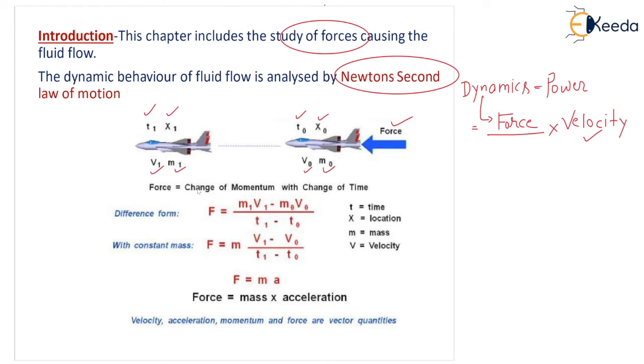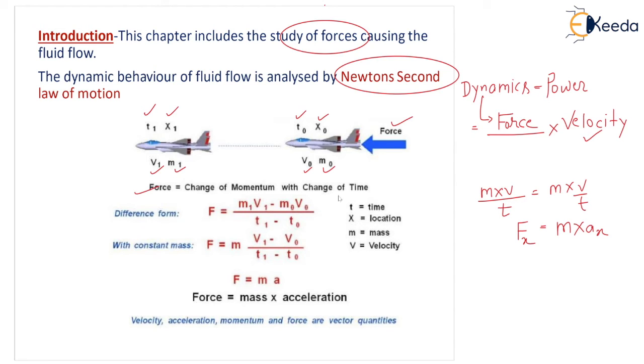What is force? Force equals change of momentum. As per Newton's second law, it is the rate of change of momentum. Momentum is mass into velocity. So can I write mass into velocity by time? What is this? Mass into acceleration. That is what is written in the second law: rate of change of momentum is directly proportional to the force applied, and the change takes place along the direction of the applied force. If you apply the force in the x direction, you will get the acceleration in the x direction. The same thing is explained in the example here.